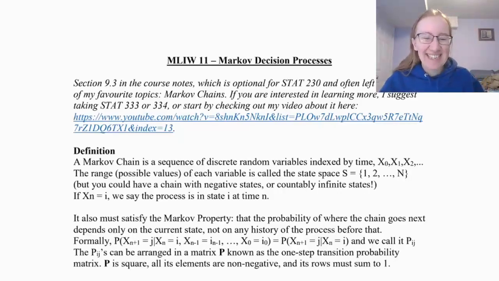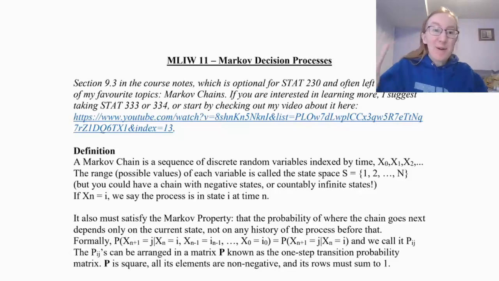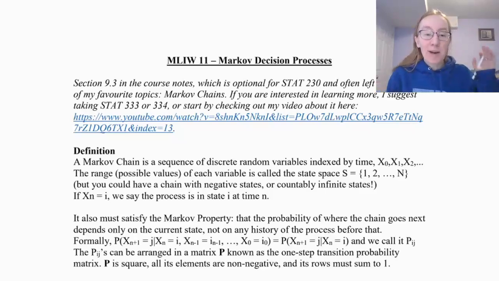I finally had someone request a topic for a machine learning idea, and it was great. Thanks for that suggestion. If you have any more, there's only 1 more of these, so please let me know. But this is the idea of a Markov decision process. So what I'm going to do is give you a quick intro to Markov chains as a topic,